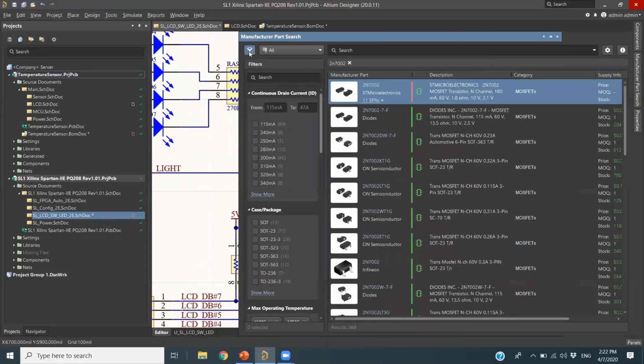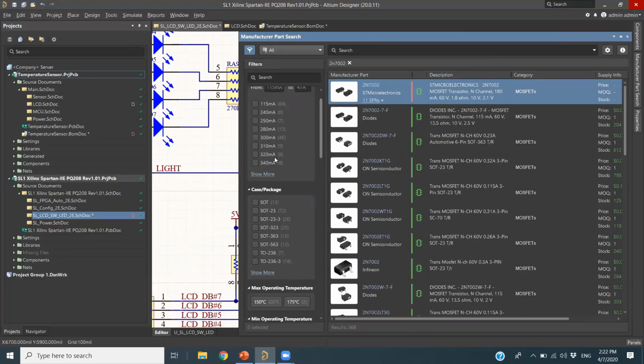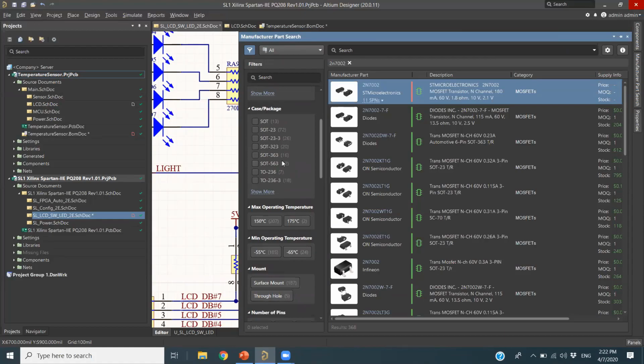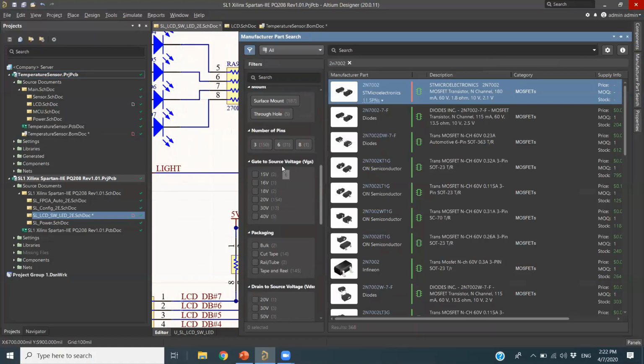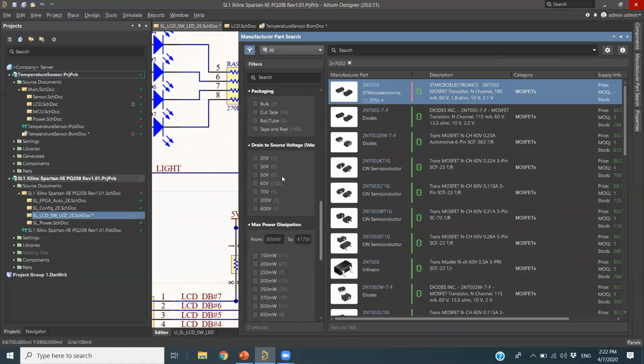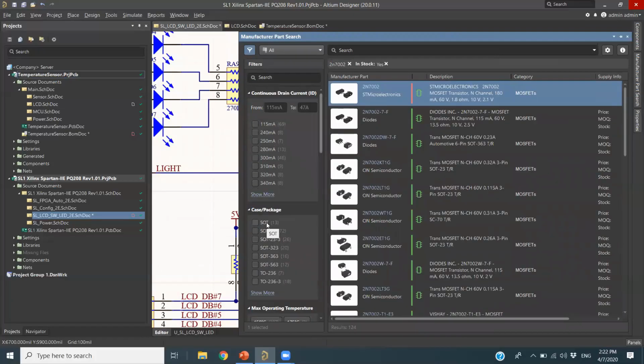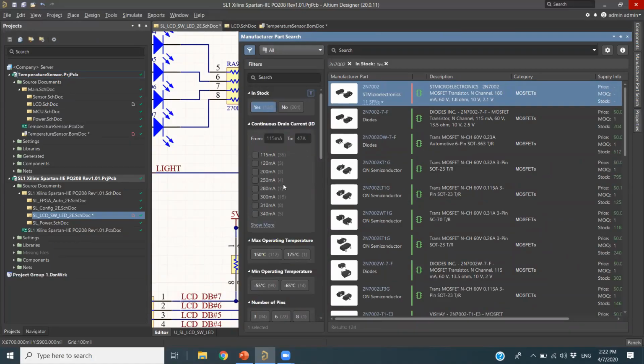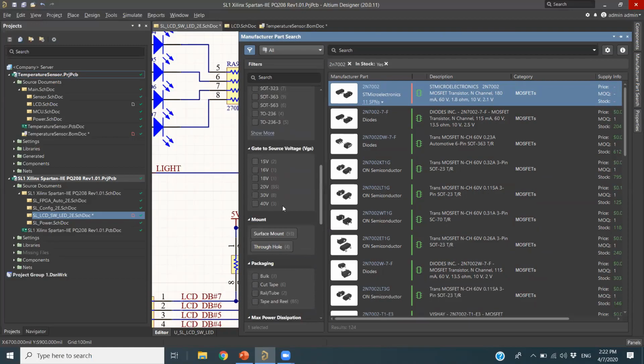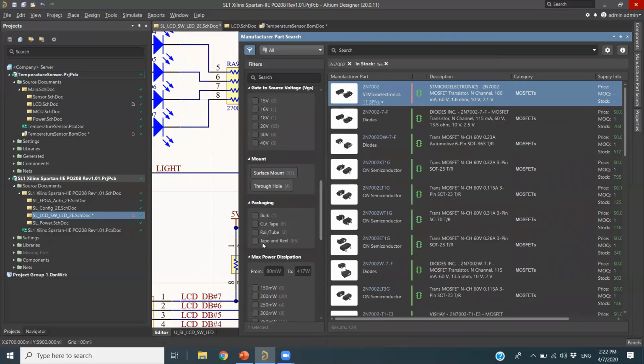So I want to filter the components. I don't want whatever it shows. So I'm going to filter my component based on some usages. For example, I can filter based on the stock and the availability of the component. So I just check my stock availability. Okay, so it comes to 124 components, and then I just want to check based on the model design for my component.